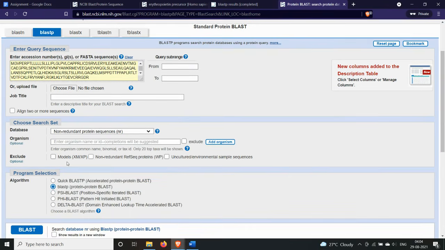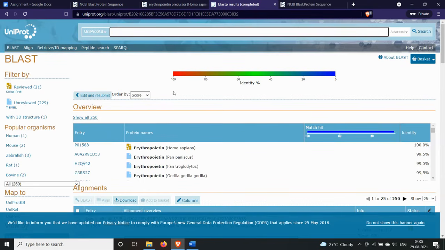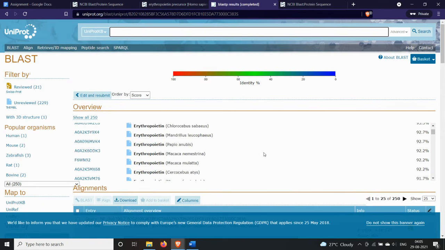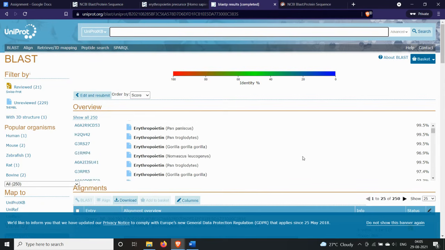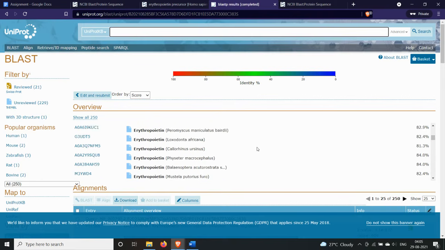Yeah, it has been completed. As you can see, we have got 250 results. We have their percentage of identity, 100%. We get different types of proteins with different identity to our sequence.